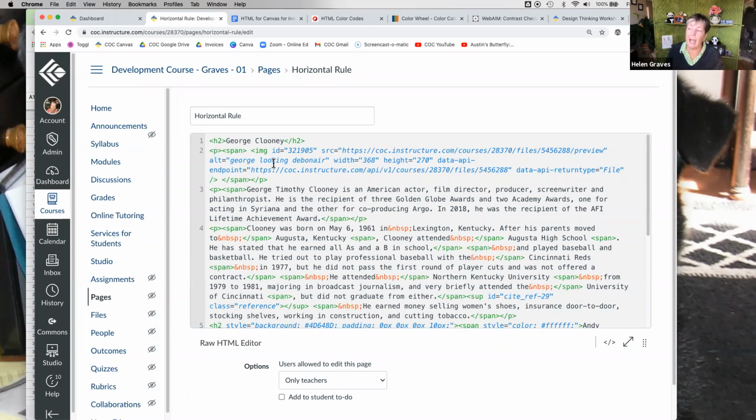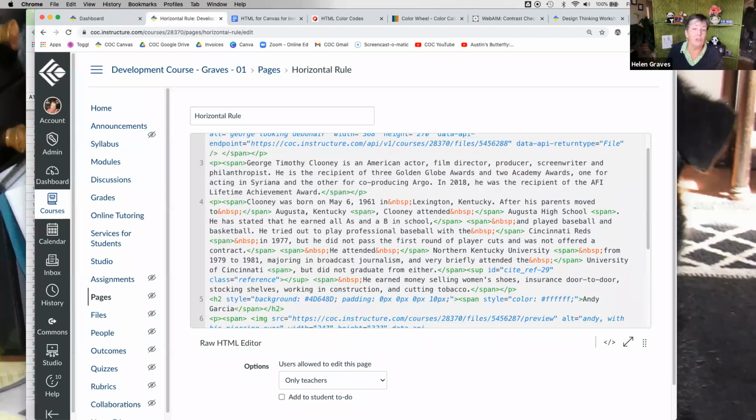So this P tag, which actually is an image, and I'll show you that in a minute, or this one right below where it's talking about George, it looks like it's 4 lines of code, but it's really thought of as a single line of code because it's one paragraph that would be treated as a distinct piece of content within the HTML code. Hopefully I said that in a way that makes sense.